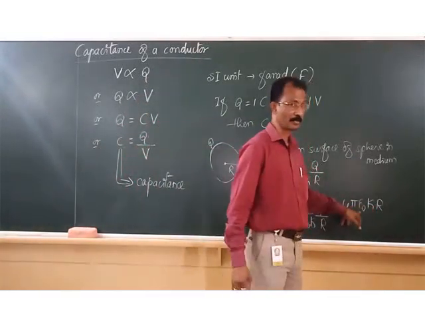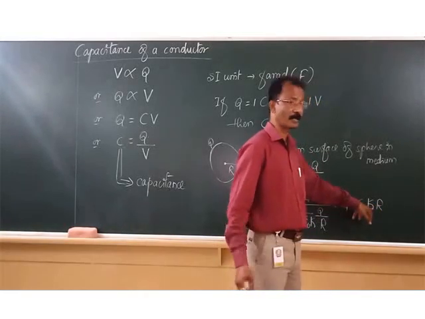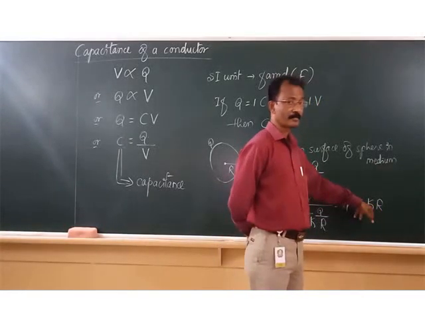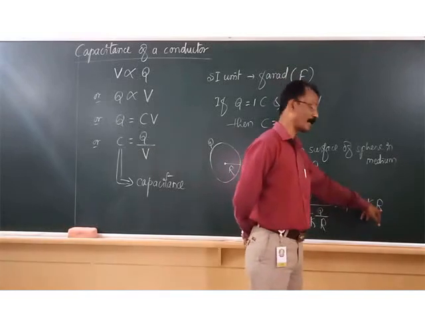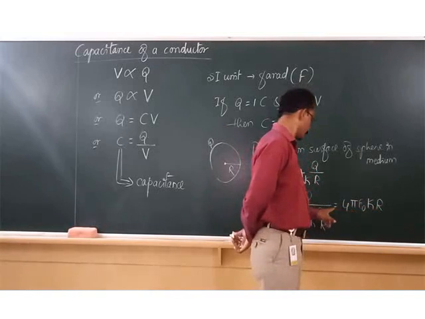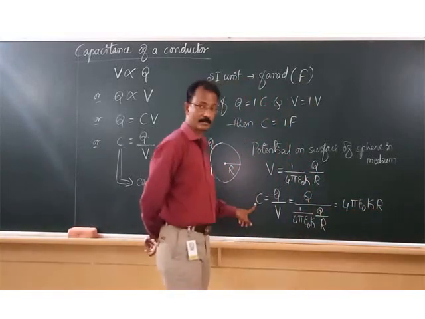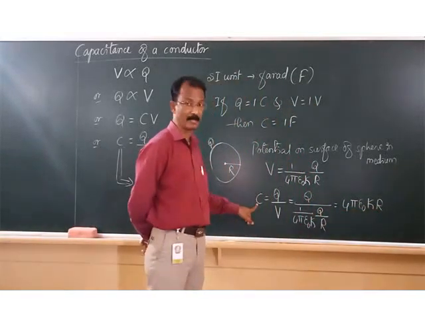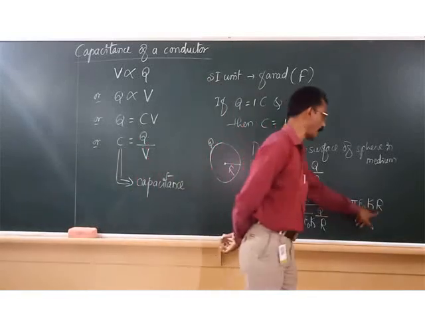Here epsilon naught is permittivity of free space, K or epsilon R is the dielectric constant, R is the radius of this spherical conductor. See, to get 1 farad of capacitance, the R equals to